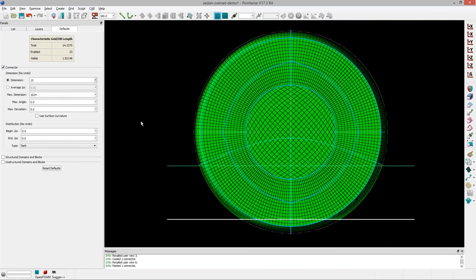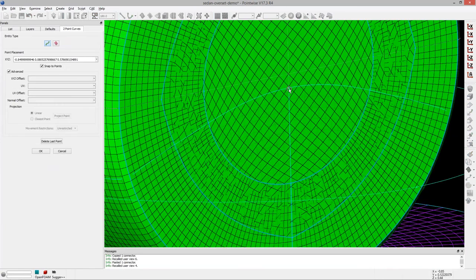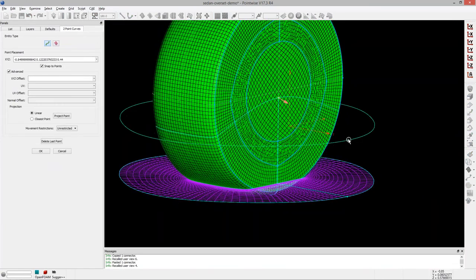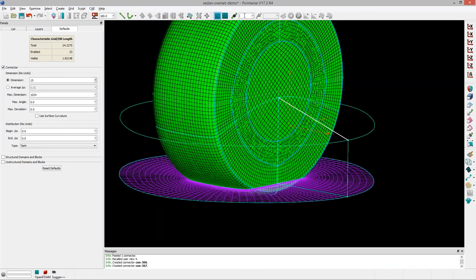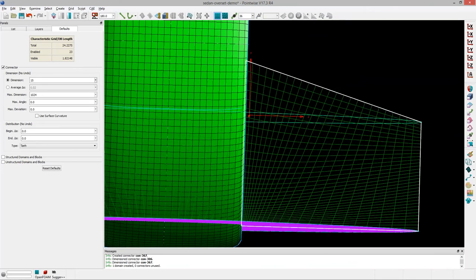And now I'm going to stitch the topologies together and build up the domains for my block. Okay, so this connector needs 26 points, and this connector needs 36 points. And I can grab all 4 of these connectors and build my domain. All right, so now I've built this domain, and you'll notice that in building that domain, these connectors aren't really distributed properly. The grid points aren't distributed properly.